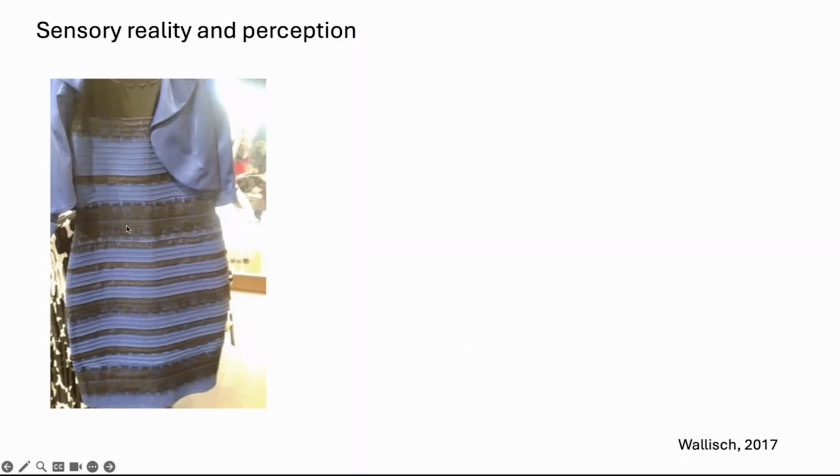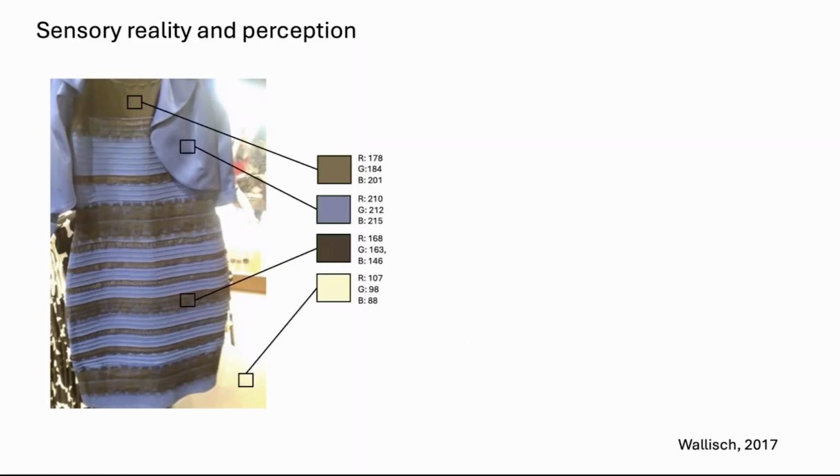But there is actually an objective answer to this dilemma. So the dress is actually black and blue because people actually went looking for this specific dress. And in fact, if I take this same image and I pass it through any image editing software, you can clearly see that the colors that are contained in the image are basically shades of blue and shades of brown. And this distortion in some of the colors is caused by the fact that this picture is overexposed. And so again, the colors are slightly distorted. Now, what is actually interesting in this phenomenon is that a bunch of studies have studied this.